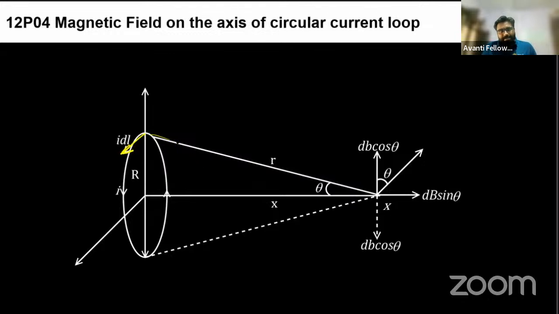देखो, r is not parallel, so this dB vector should be perpendicular to this r vector and dl vector. ठीक है, now you can see that this dB is perpendicular to dl vector also and r vector. क्लियर है? डायरेक्शन में किसी को कोई कंफ्यूजन है? Any kind of confusion in the direction? बताओ।